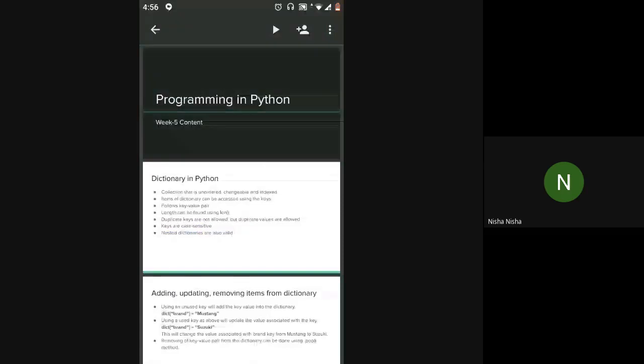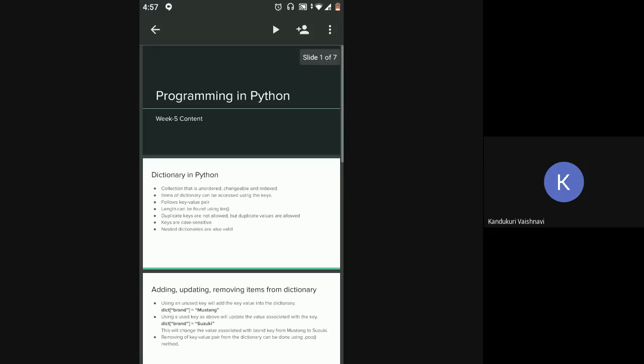So right now we'll see a data structure called dictionary. So till now, how many data structures have we seen? Sorry, not data structures, data types. We have seen integers. We have seen floats. Then we have seen sequential data types, that is strings, tuples, lists, and we have seen Boolean data type, right? So this is a new data type which is called dictionary.